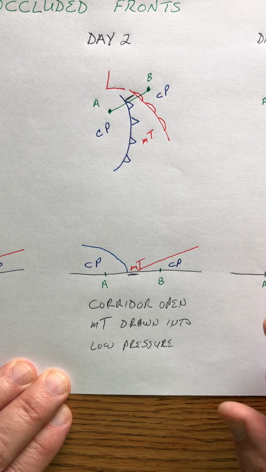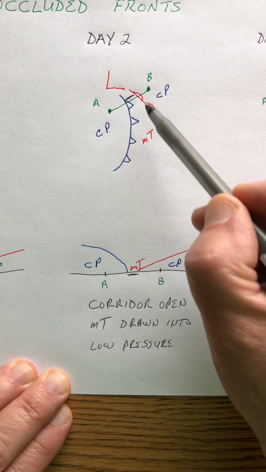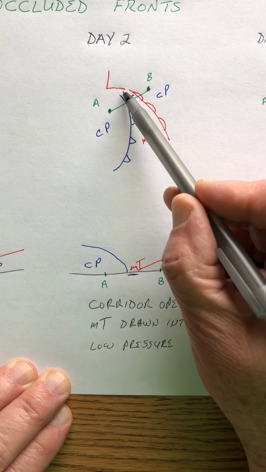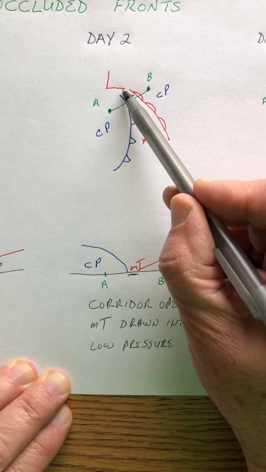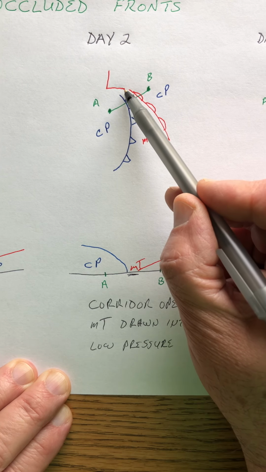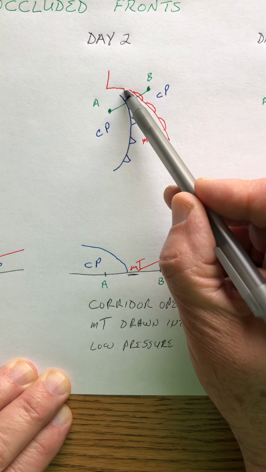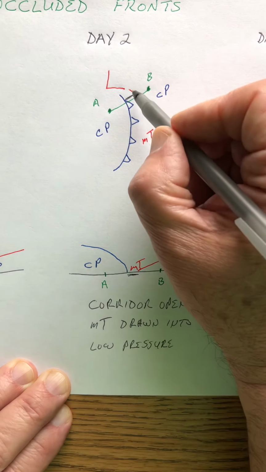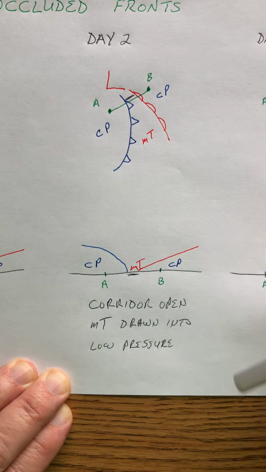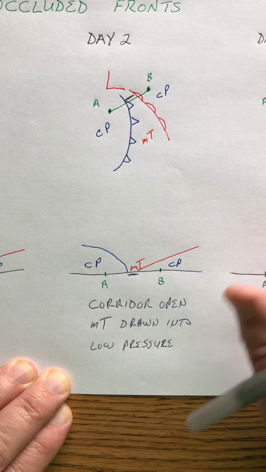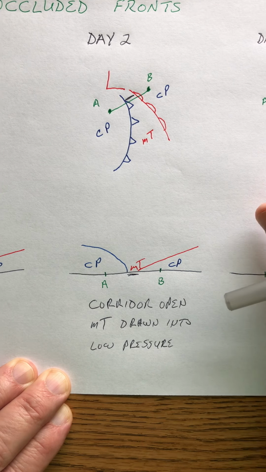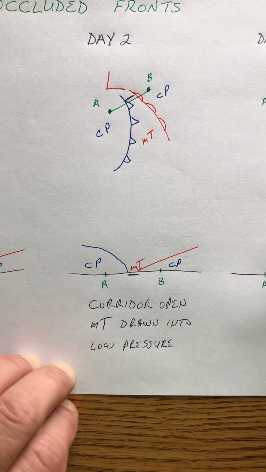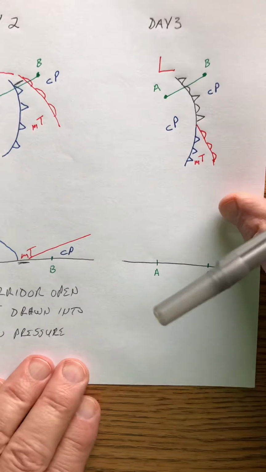At this point, this is typically when the low pressure is reaching its maximum intensity, because the fuel for the storm system is still being drawn into the low pressure. Water vapor is being condensed into liquid water, releasing 600 calories of energy per gram, and the low pressure is still growing, but it's reaching its maximum intensity at this point. Okay. On day 3,